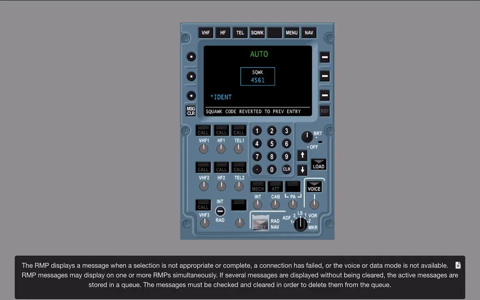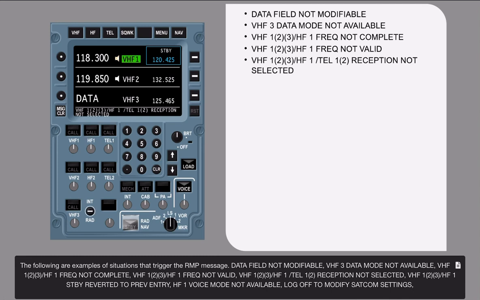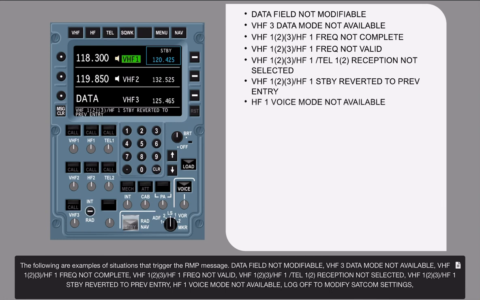The RMP displays a message when a selection is not appropriate or complete, a connection has failed, or the voice or data mode is not available. RMP messages may display on one or more RMP simultaneously. If several messages are displayed without being cleared, the active messages are stored in a list. Examples include: frequency not complete, VHF 1, 2, or 3, or HF1; frequency not valid, VHF 1, 2, or 3, or HF1, or telephone 1 or 2; reception not selected, VHF 1, 2, or 3, or HF1; standby reverted to previous entry; HF1 voice mode not available;